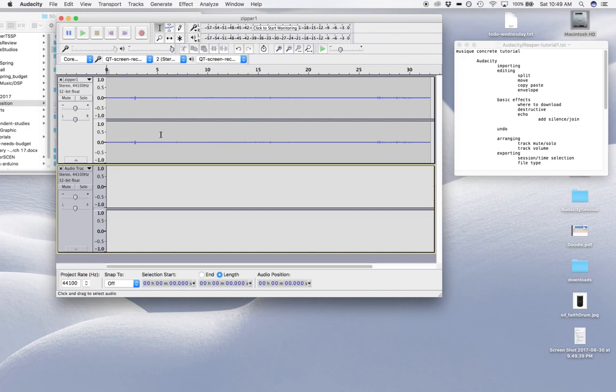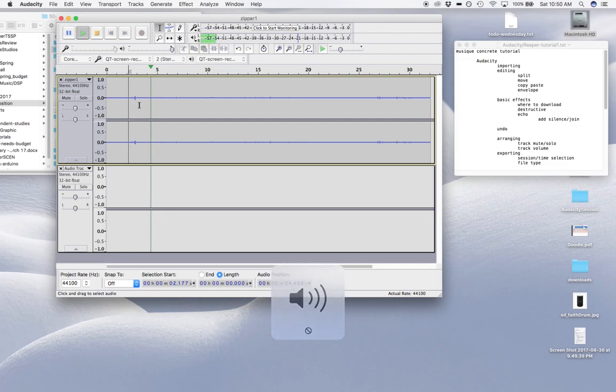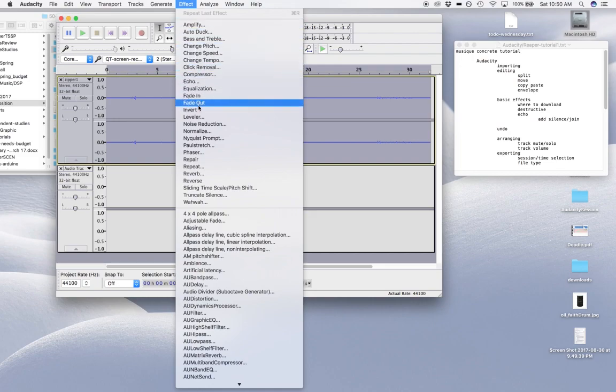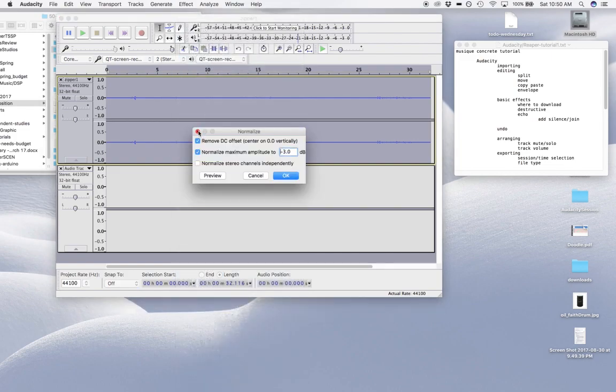So one thing I notice about this audio file is that it's very quiet. You can listen to it. It's probably a little too quiet for what we want to do. And so the first thing I like to do with a sample that's just a little bit too quiet in general is go up to the normalize effect. And what normalize does is it boosts the entire sound file's amplitude by a fixed amount. And then it makes the loudest point, which is probably right here in Audacity,